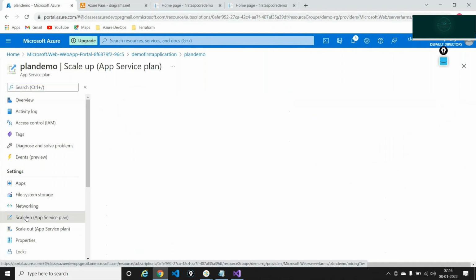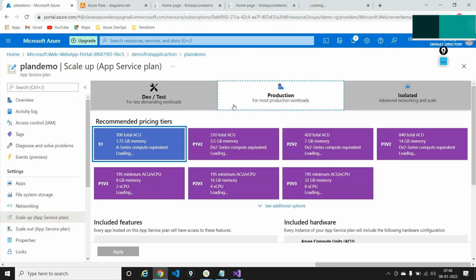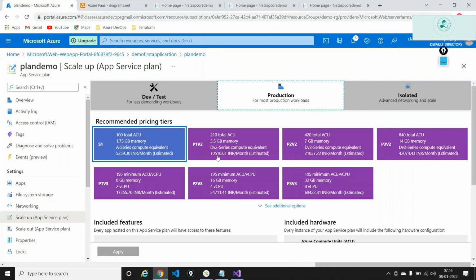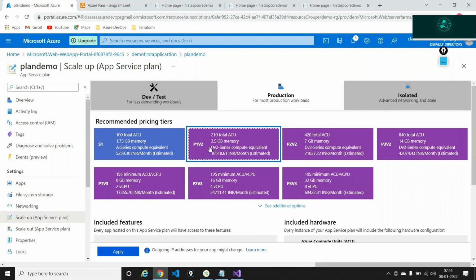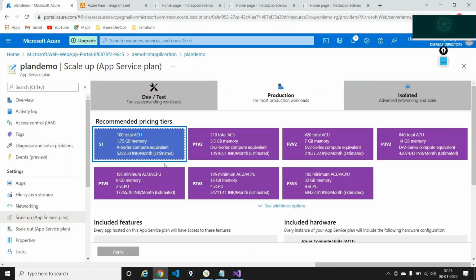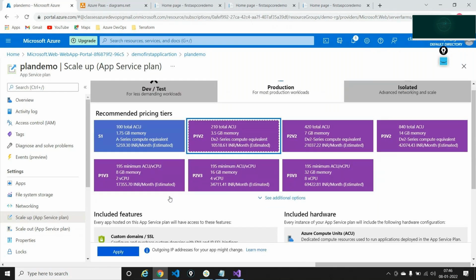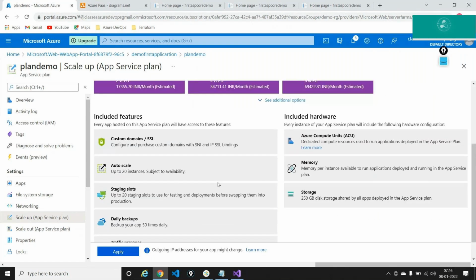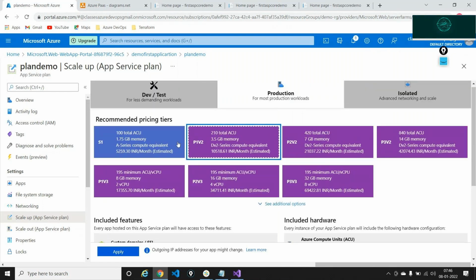So whenever you upgrade your plan from, let's say, S1 to another version, which is P1 V2, the cost is getting doubled. Meaning from here, if you go here, it's 10,518 rupees. So here you're being charged somewhere around 5,200 rupees. So it's almost double the charge. If you want to go ahead for more slots, for example, this supports up to 20 slots. Now S1 was supporting just up to 5, right? This was supporting 4 times greater than S1. So if you scale up, then your slots can get increased. So it completely depends upon your use case scenario.